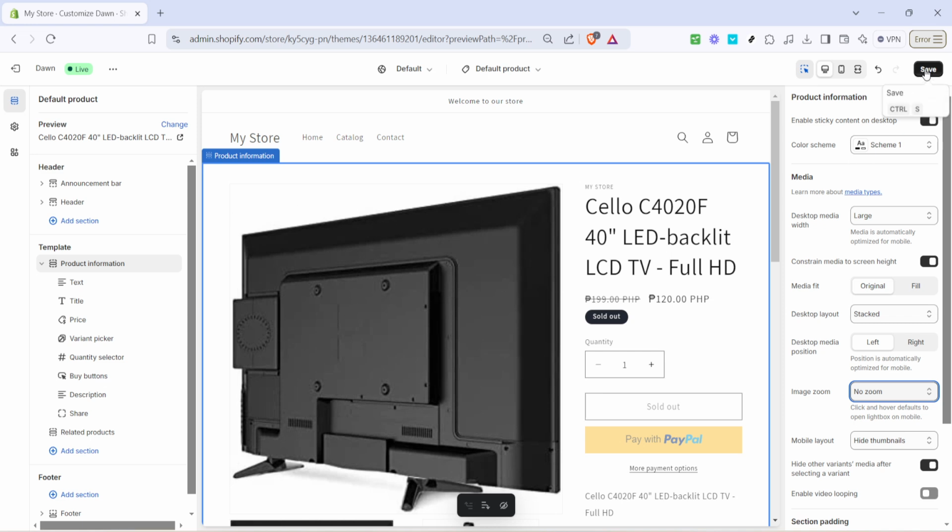Lastly, don't forget to click Save at the top right of the theme editor. This is crucial to ensure all the changes you've made are applied to your theme. And there you have it. You've successfully disabled the zoom on the Dawn theme for your Shopify store, giving you full control over how your product images are viewed. I hope this tutorial was helpful, and you're now more confident in making these kinds of adjustments within your